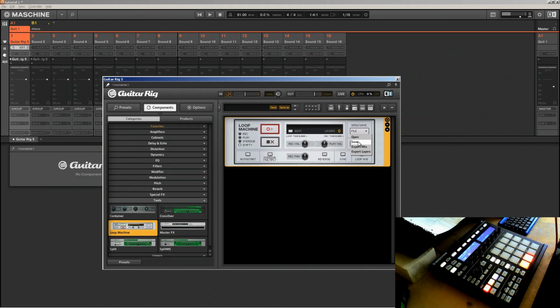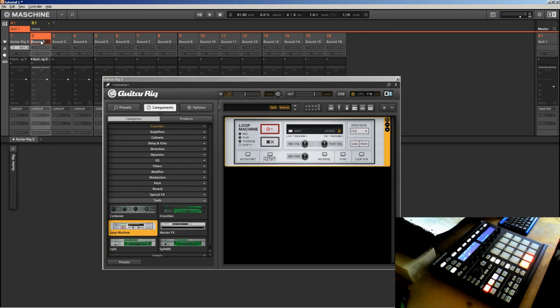You can save the stuff you recorded in a Loopmachine own format, or you can export your mix or export your layers in the WAV format, which is pretty comfortable. So the Loopmachine is more or less ready to go. I will label this